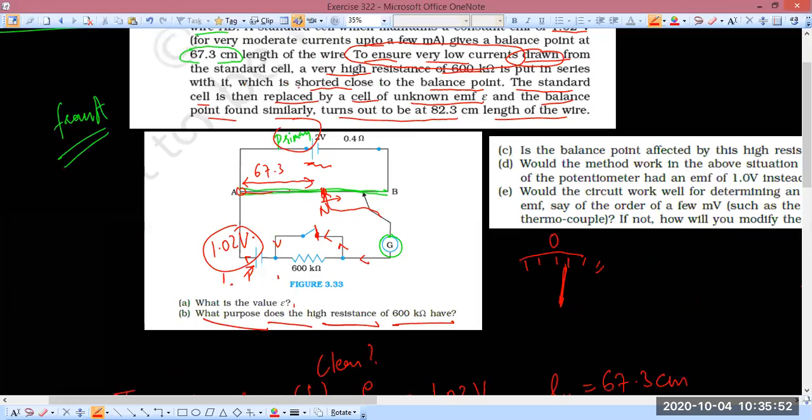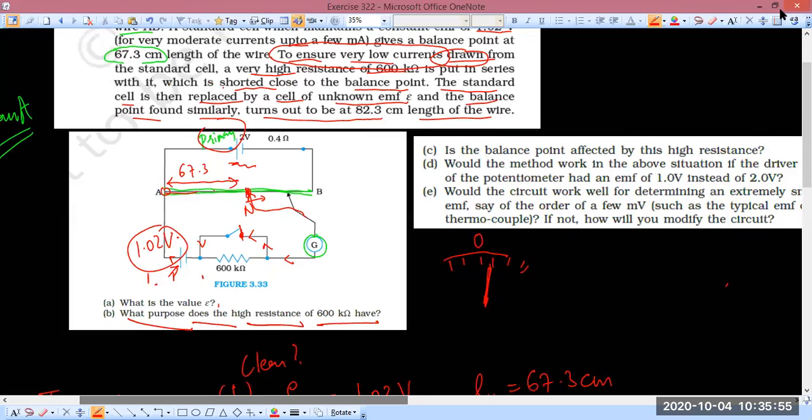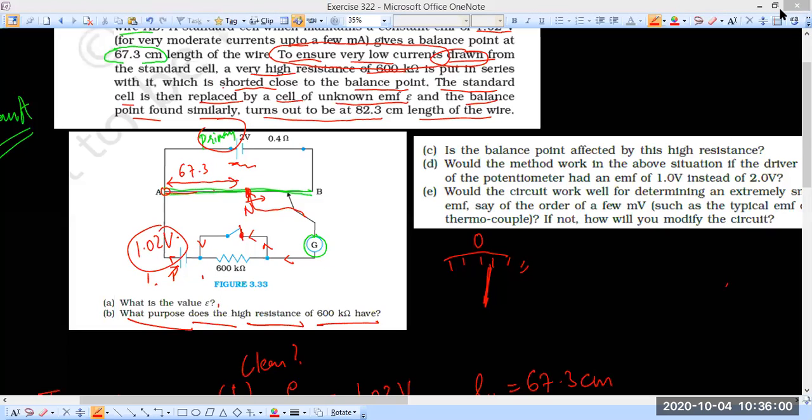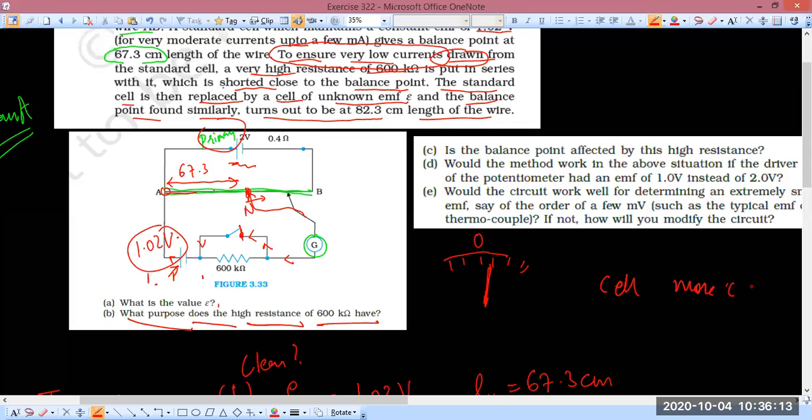Now third, now here is where it gets interesting. No, wrong. Avinash, that is okay, but a bigger aim is that if the cell will start giving more current, then it is possible that the cell will get damaged or that the cell will get discharged. Then while you are still measuring, it would change, and that is not good, right? Okay,